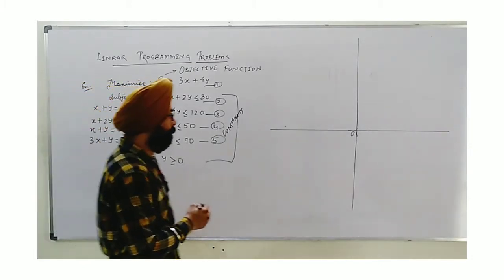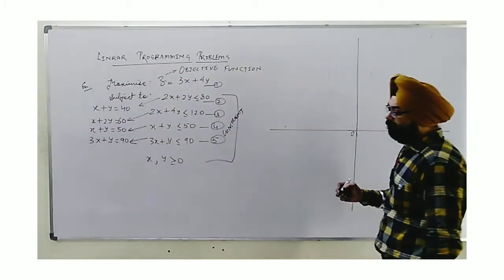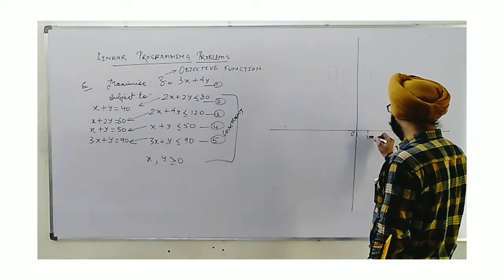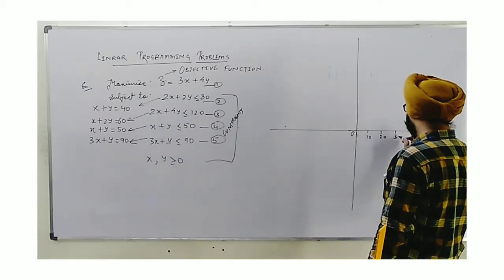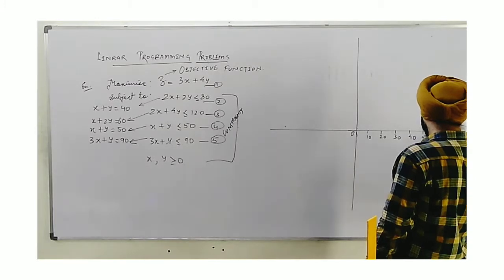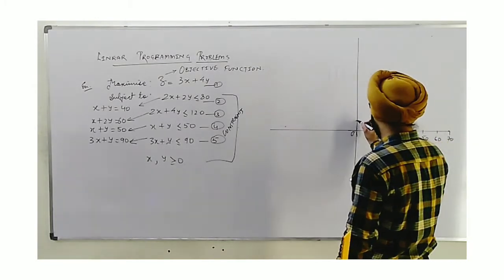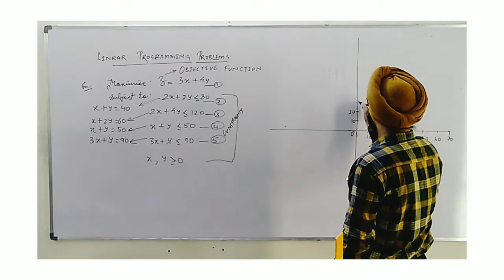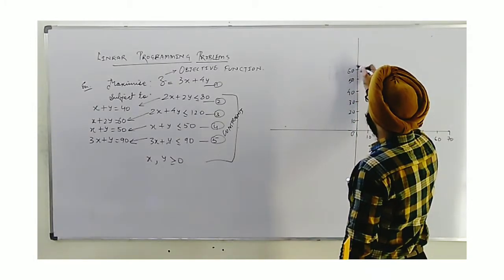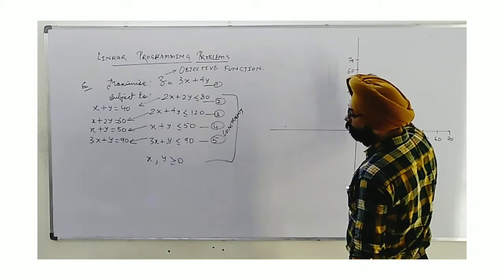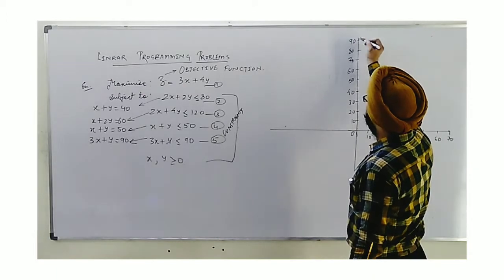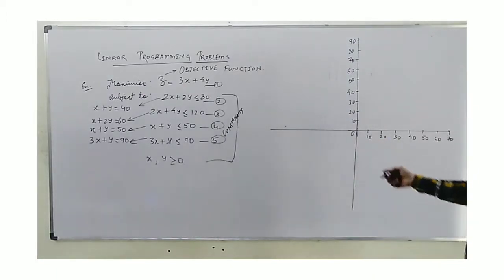So first one, x plus y is equal to 40. We can see numbers are bigger, so we can take this time a scale of 10. If I take 10, 20, 30, 40, 50, 60, last 70 here. The same we can take here, 10, 20, 30, 40, 50, 60, 70, 80, 90. The rest is not a compulsion, but still we can write.